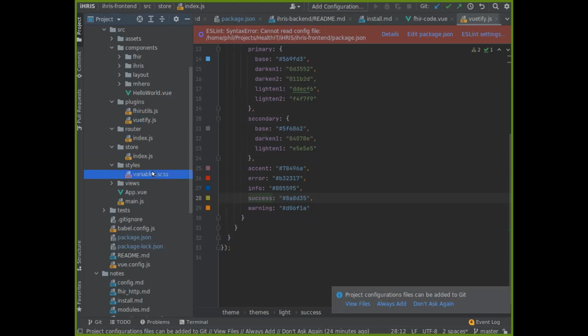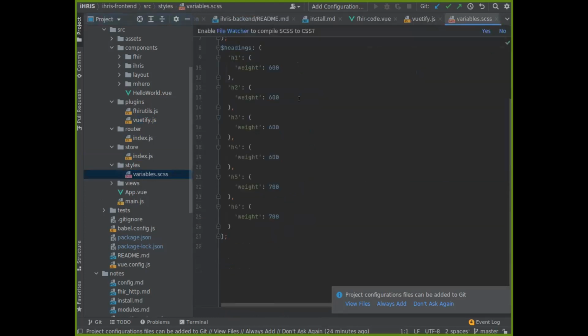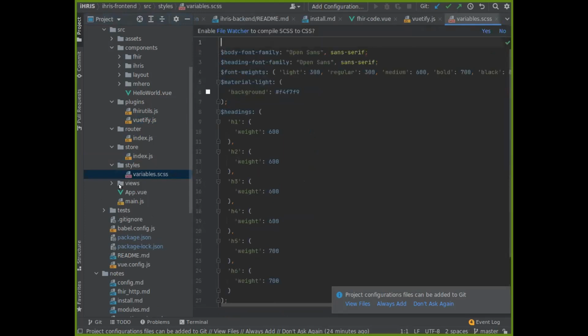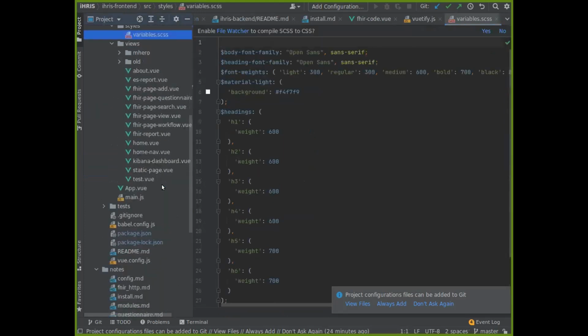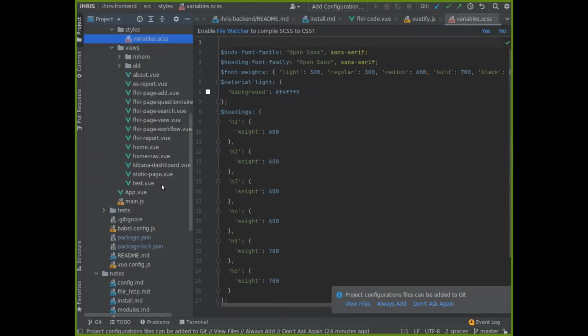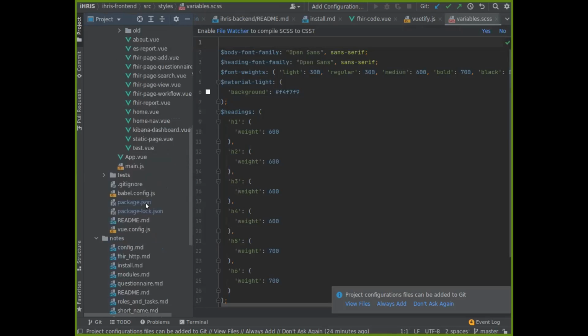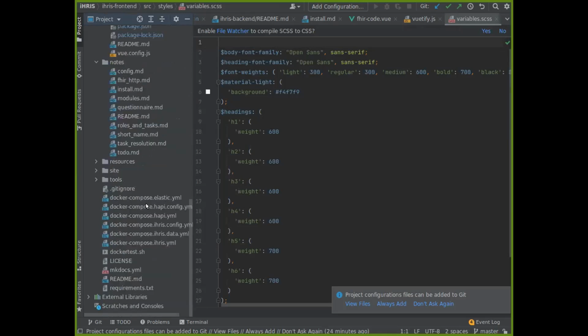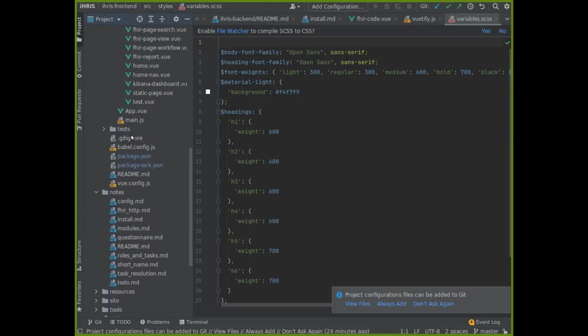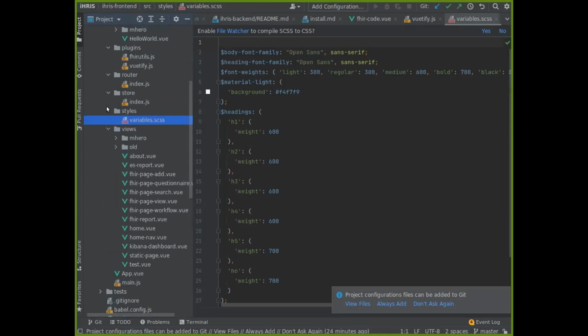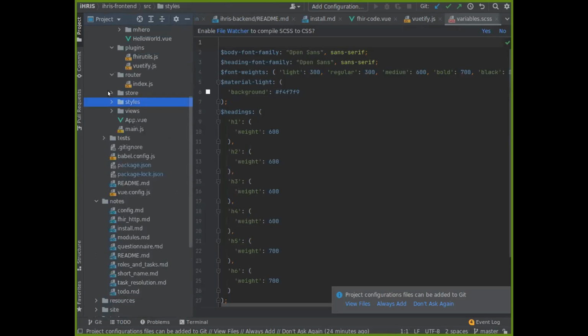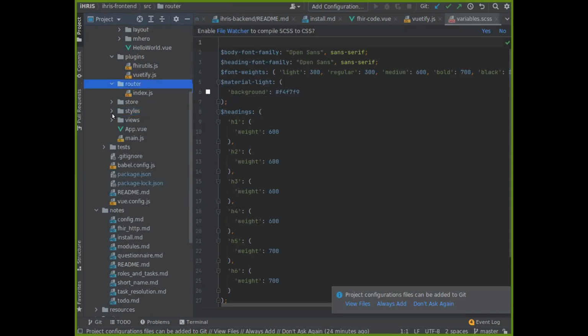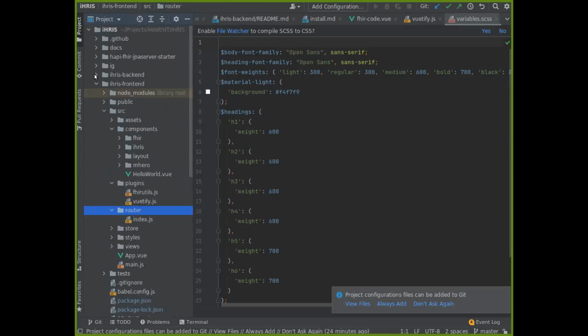Then the styles, where you define the global styles, and the views. So views ni like one view, there's home view, about view, and all that, that's here. And then the backend, that's it for the front end. Nothing much. For the backend,